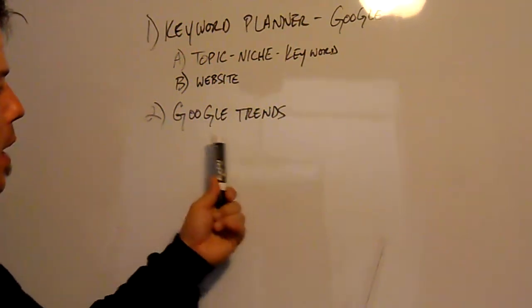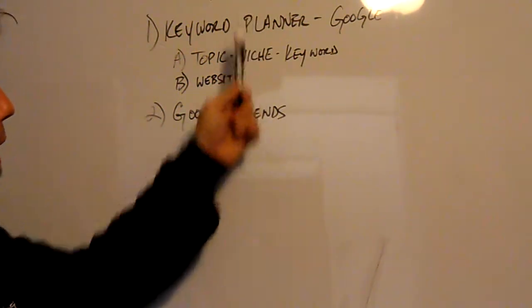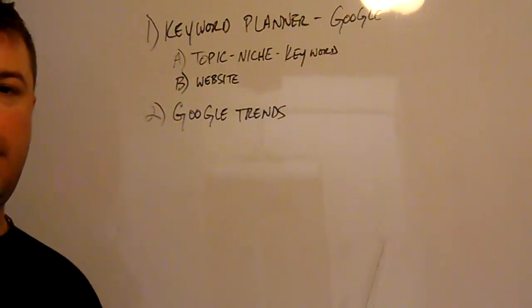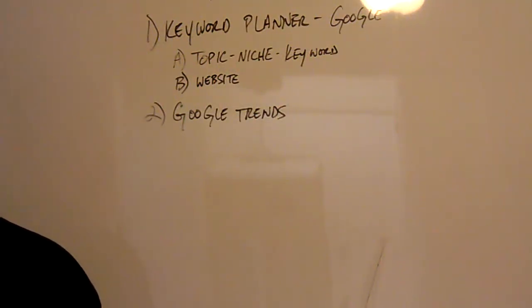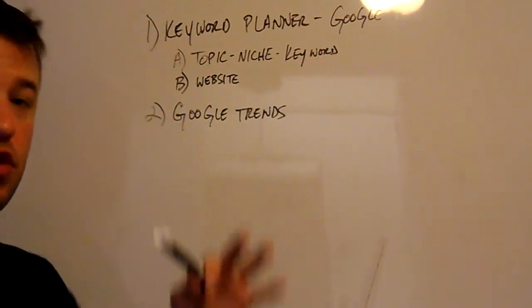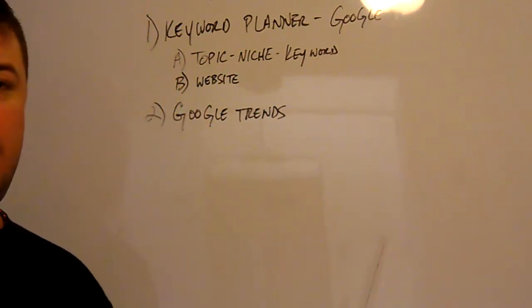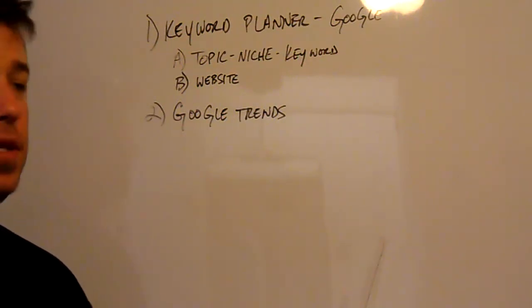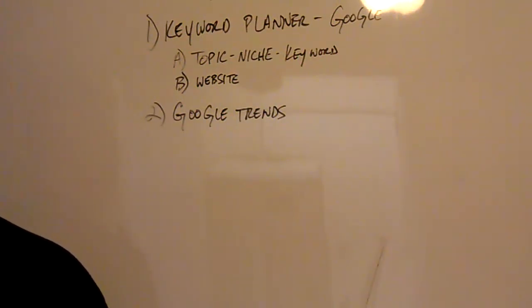And the great thing I love about Google Trends, coinciding with the keyword planner, is that anything you have an interest in, you can put it in the Google Trends tab, and you can check the trends for up to 5 different keywords, and really check where those keywords are being searched.